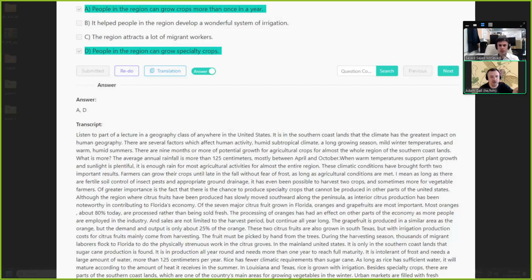So this is point A again. So it's possible to have two crops. So you plant and then you take them out and then you plant again and then you grow and take